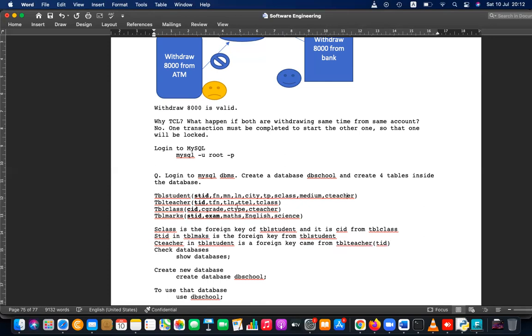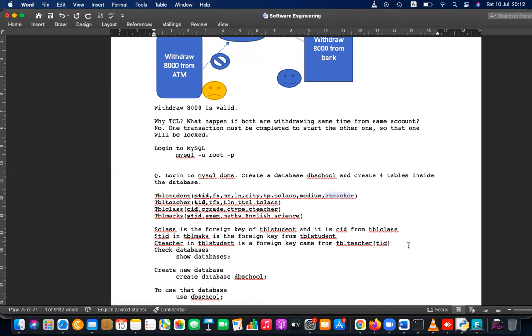Is there any other foreign keys? One goes here, and those two tables link. C teacher means again TID, right?